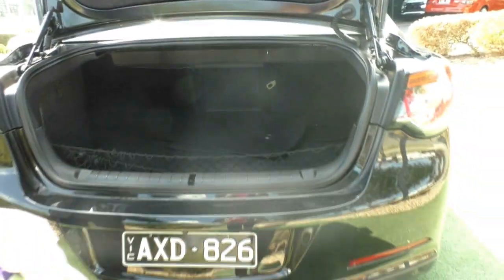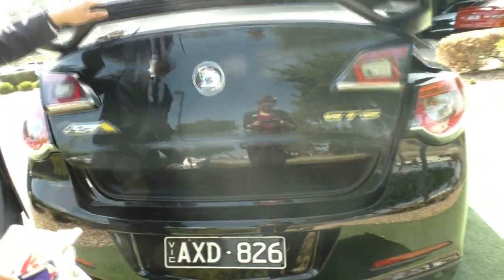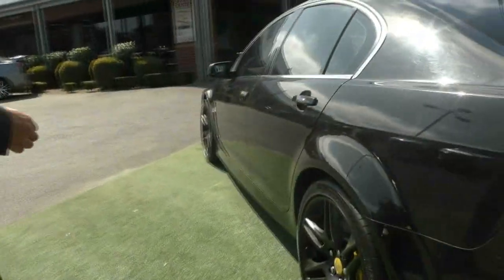As you can see, being the GTS, they don't come with a spare wheel or anything underneath, no storage underneath. Again, it's a performance car, and the spare wheel would have to be a full-size alloy anyway, because it wouldn't fit with the Brembo calipers. Working your way around,